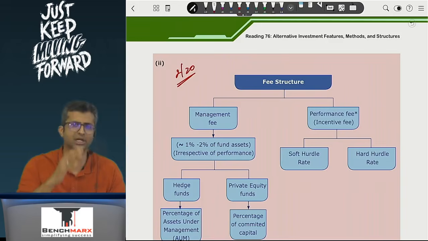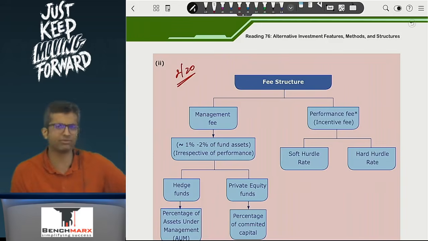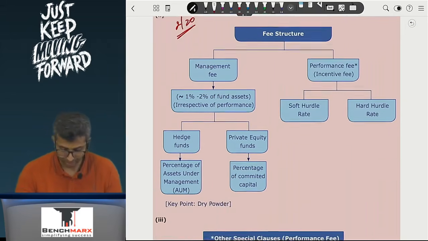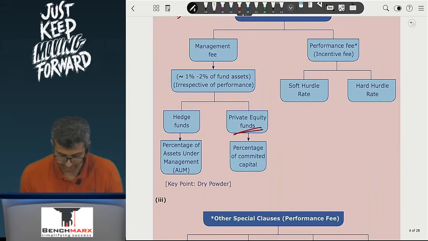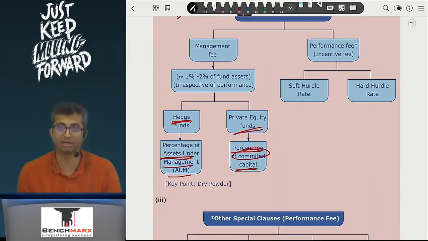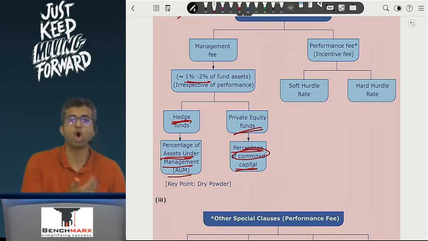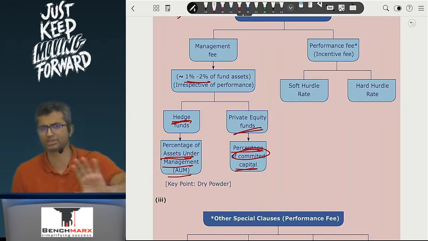of the committed capital, let the money be with me as a limited partner till the time you have end use, then I will give it to you. So over here, for a private equity or a venture capital fund, this is usually a percentage of the committed capital, whereas for a hedge fund, this is usually a percentage of the assets under management, and usually this is around 1 to 2% of the fund's assets. You have to see the question on whether these are based on the opening assets or these are based on the closing assets. Most of the questions use closing assets, but that has to be given to you in the